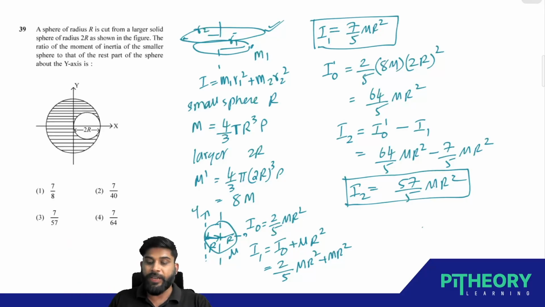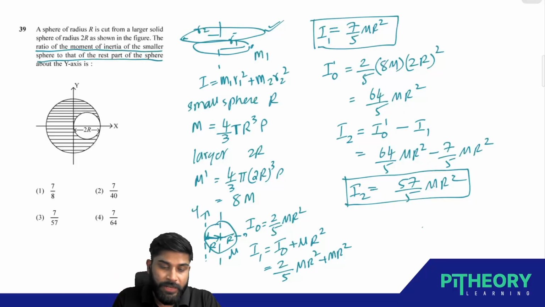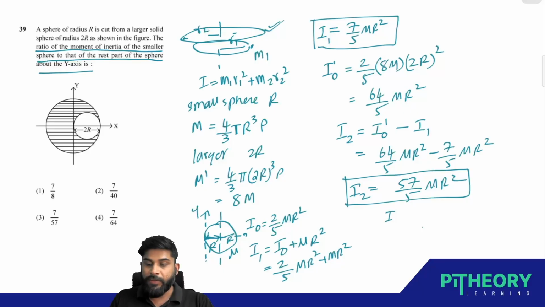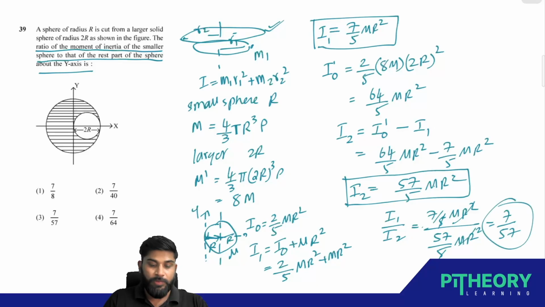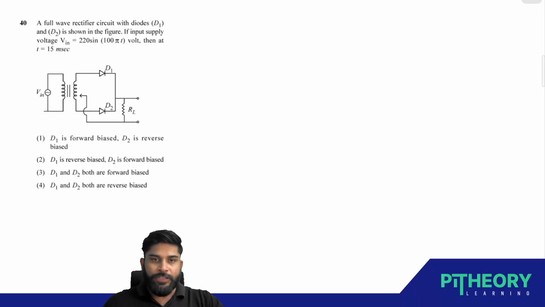So you just have to find the ratio, which is the moment of inertia of the smaller sphere to that of the rest of the sphere about y-axis. So the answer is very clear here. I1 divided by I2, which is 7 by 5 mr square divided by 57 by 5 mr square. Mr square cancels, 5 cancels. You'll be getting 7 divided by 57, and that is going to be your answer, 7 by 57, option number 3. All right,